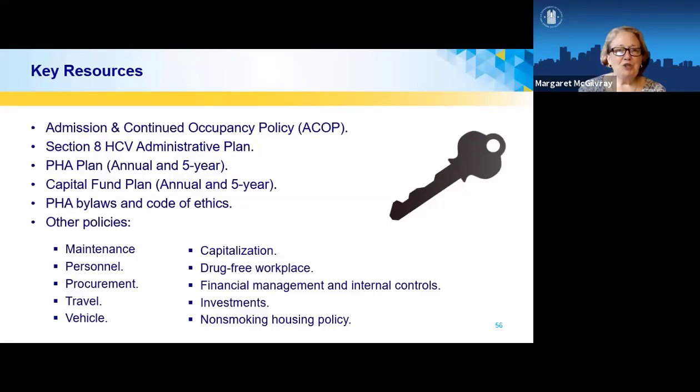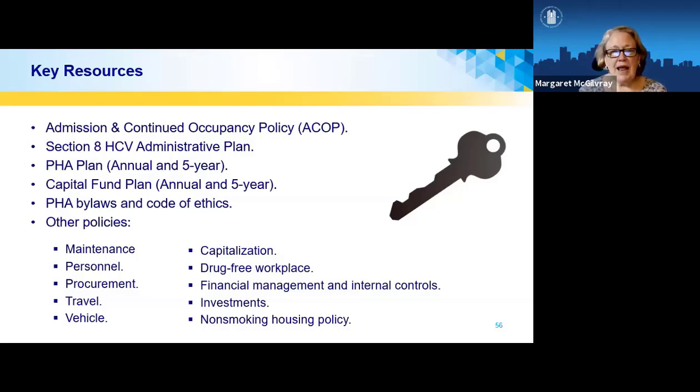So as we finish up this session, we just wanted to give you a slide that gives some key resources. As commissioners, these are items that are important for you to, one, know what they are, two, know where you can find them. And in many cases, you don't need a copy of them. However, I would say that you should have a copy at a minimum of your bylaws and of your ACC, because those are very critical documents. Beyond that, just having the ability to easily access these other resources should do the trick.